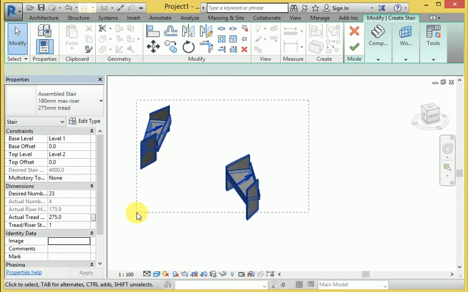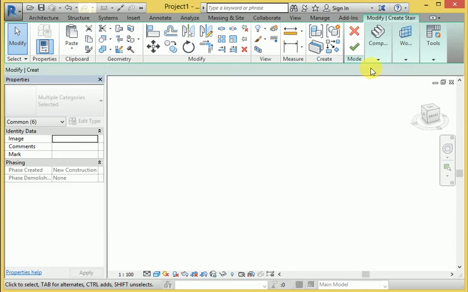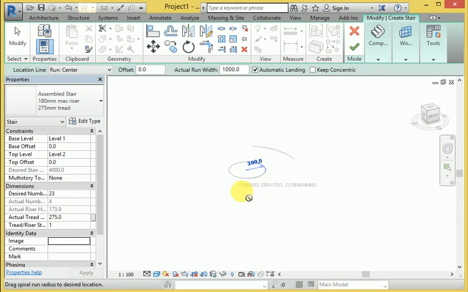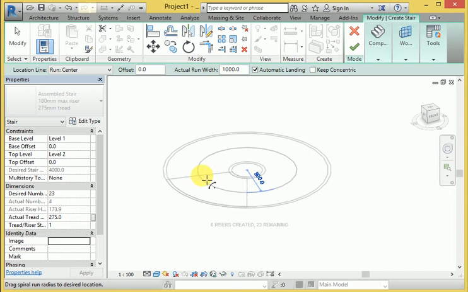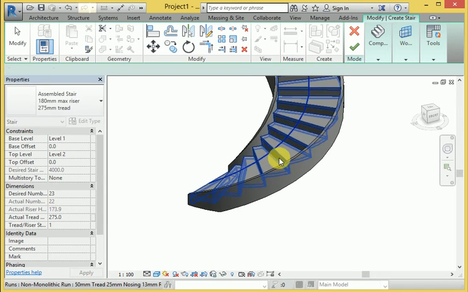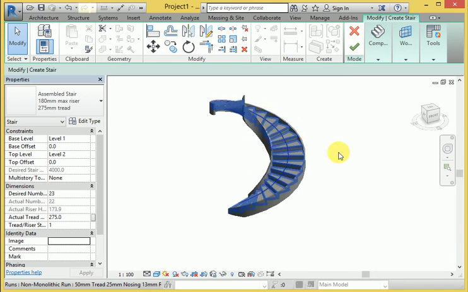When I delete this, again I will show you the semi spiral right now. Now see this, it is called the spiral type of railing here, and you can see here the actual thread, and this is the setting right now.